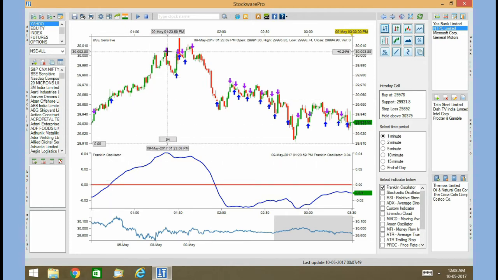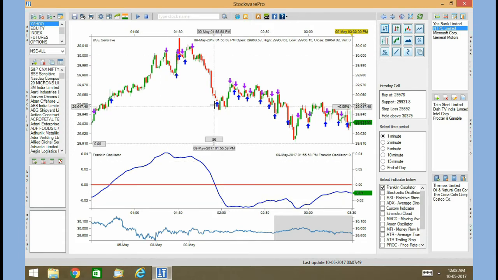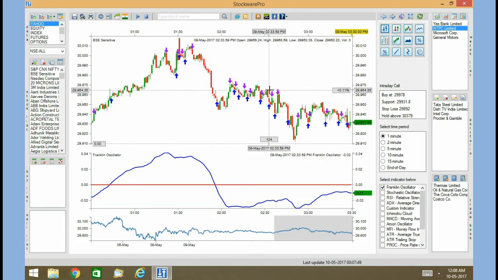Here also we have the support and resistance level markers. Once there is a sideways movement, you will see more and more resistance markers and support markers coming up. For example, you can see the resistance levels forming at this level and the support level forming at this level, and you can see once the support is broken, the price